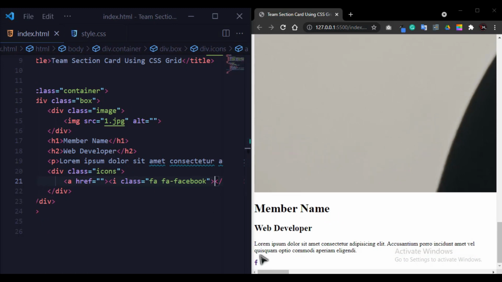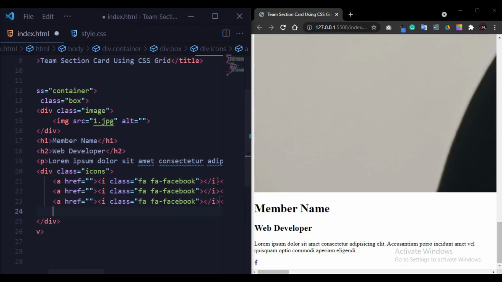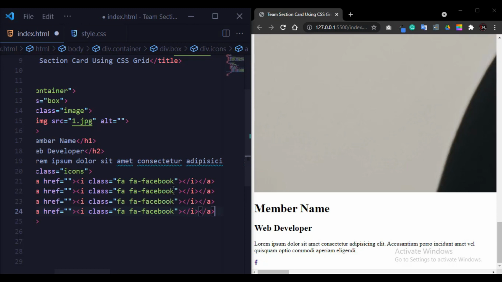So you can see the Facebook icon comes. Now after this I will just copy it to create more icons, because the code is the same. We just have to change the icon name. So the second icon is Instagram.